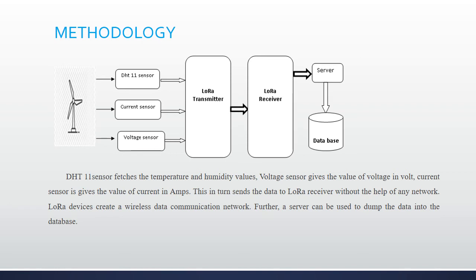The transmitter collects all the information from the sensors and sends it through LoRa packets to a LoRa receiver. The receiver might be located at a far-flung place. This receiver, after receiving the information packets, decodes them and sends all this information to a remote server. What is a server? A server is a software or a program which runs 24/7. So the server-side scripts receive all these parameters and store the information into a database.